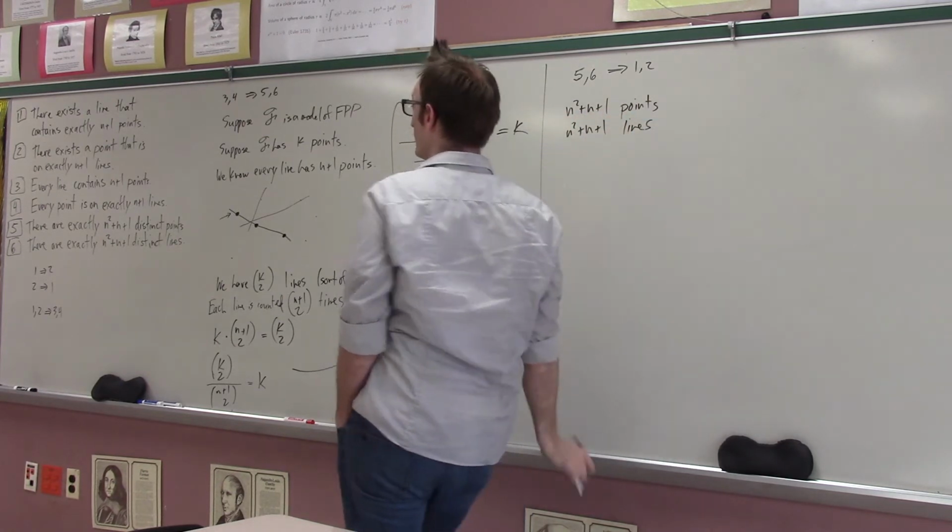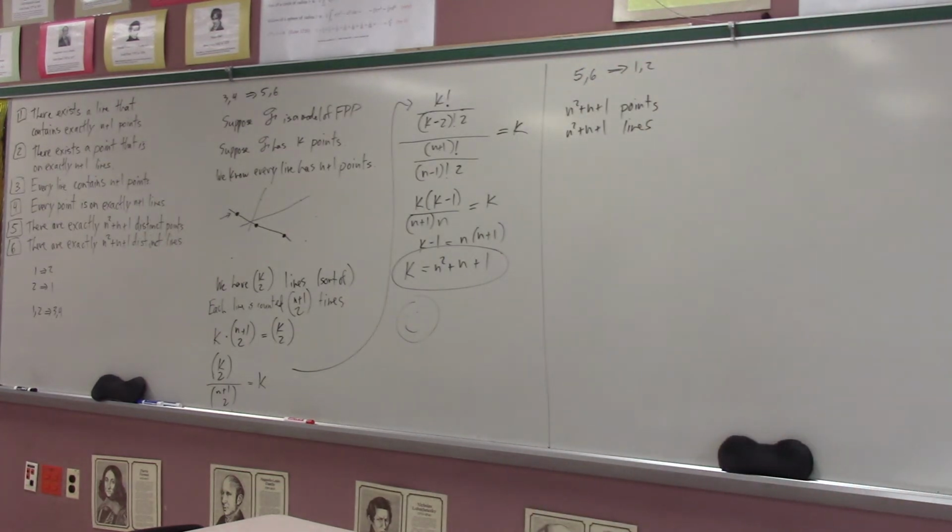What we want to do is show that there exists a line with exactly n plus 1 points, and that there exists a point on exactly n plus 1 lines. Okay, well,